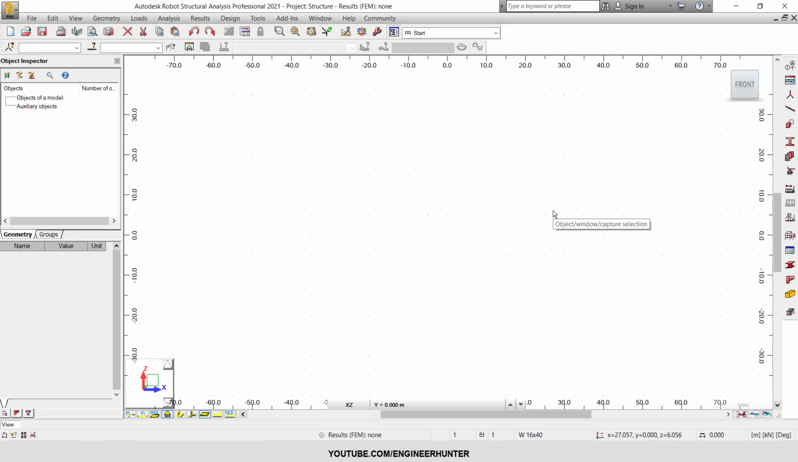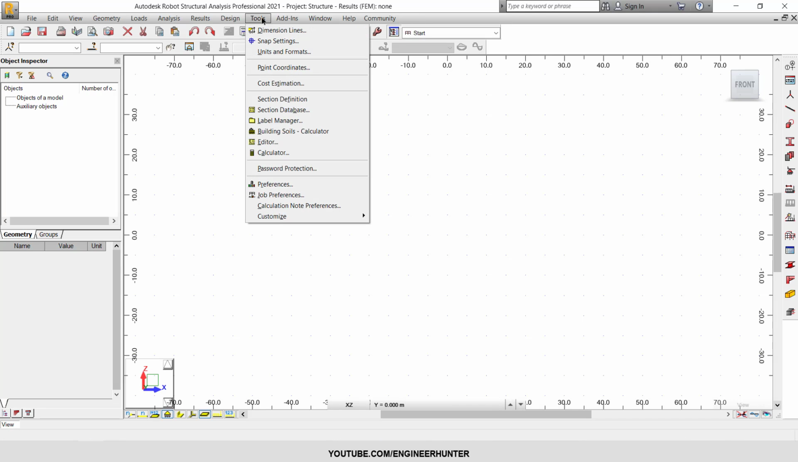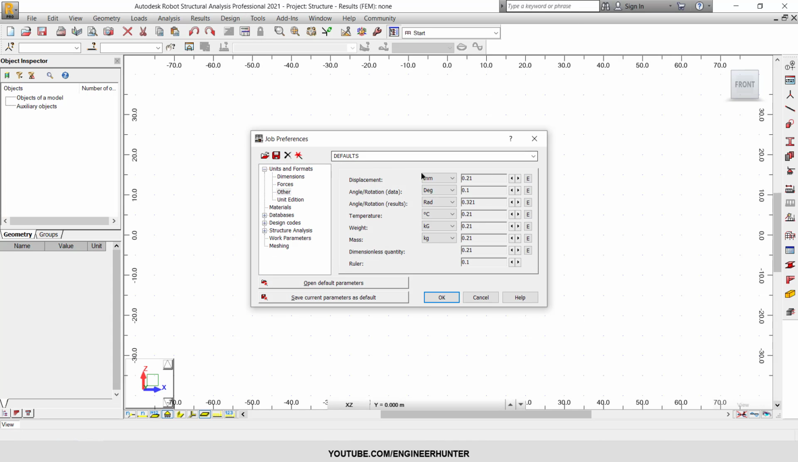Hello everyone, today I'm going to show you how to design a steel structure, a steel warehouse, from the material input to the final design of the steel structure, and also the connection design as well. So first I'm going to show you the material. You have to go to tools and job preferences,